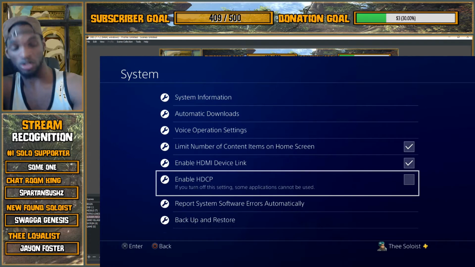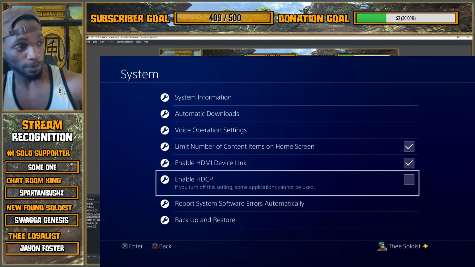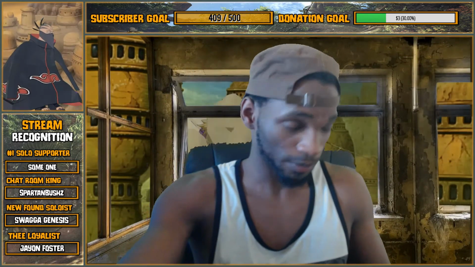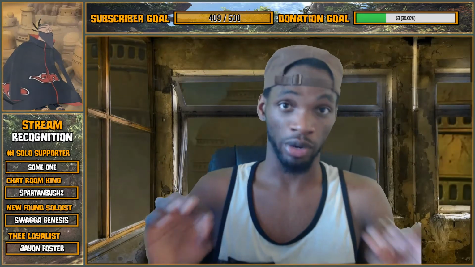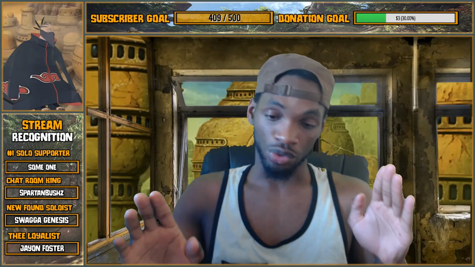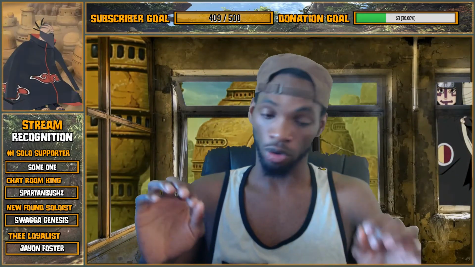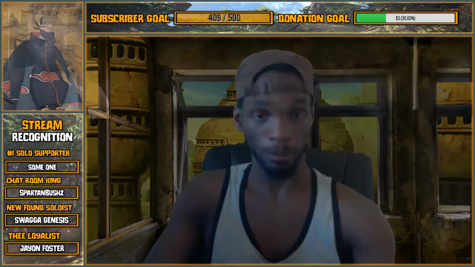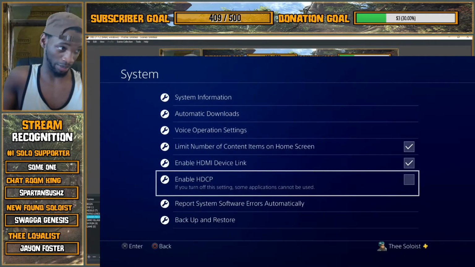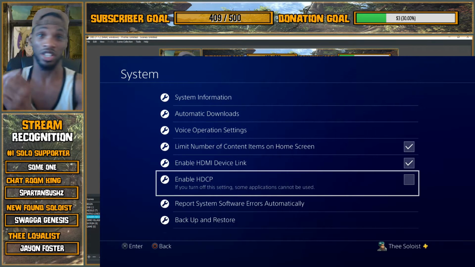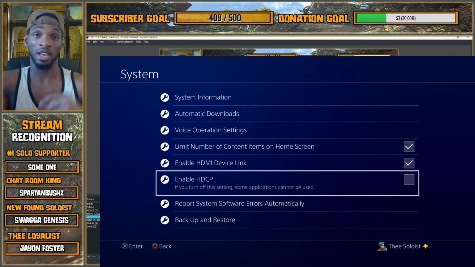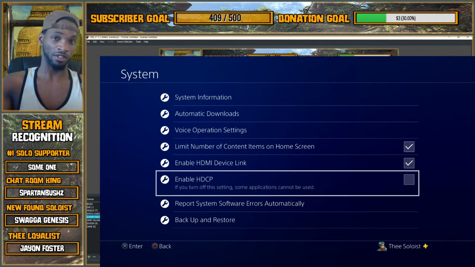But for some of you that are still having problems, time to troubleshoot. A problem that a lot of people have, that I myself had when I was setting this up, is that you try to use the Elgato first before changing the PS4 settings. It just doesn't work that way, guys. If you don't change this setting, you'll have your PS4 constantly trying to connect to the Elgato, and you'll see your TV flicker on and off,